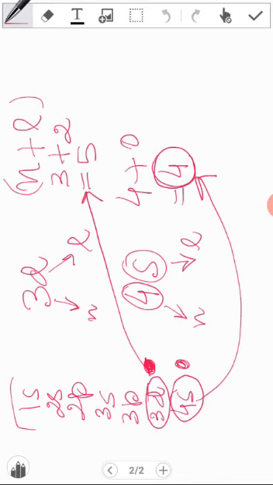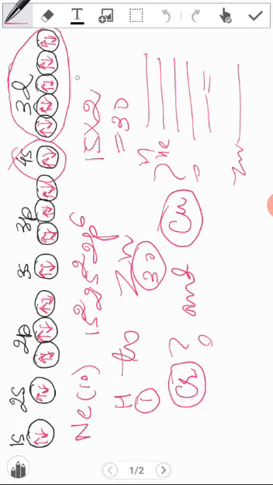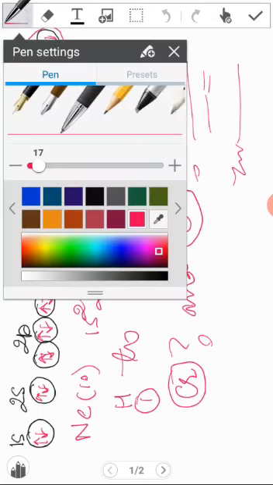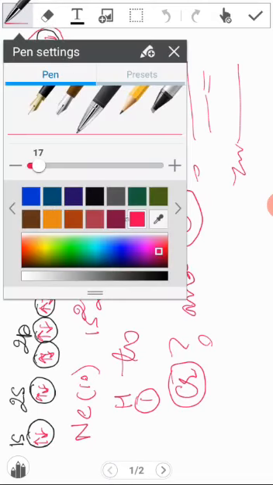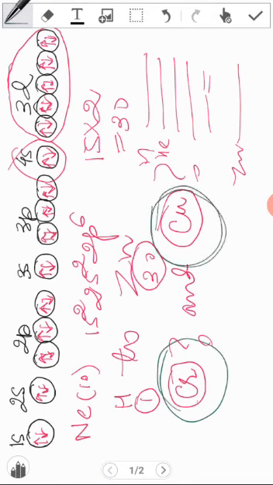So according to the quantum numbers, 3d will come first and then 4s, but when we write electronic configuration, 4s comes first and then 3d afterwards. So these are some ways to write electronic configuration. So we will write electronic configuration from hydrogen to zinc. And again see here, some exceptional cases are there. Exceptional cases are always welcomed by chemistry. Those are chromium and copper. We will discuss it. Thanks.